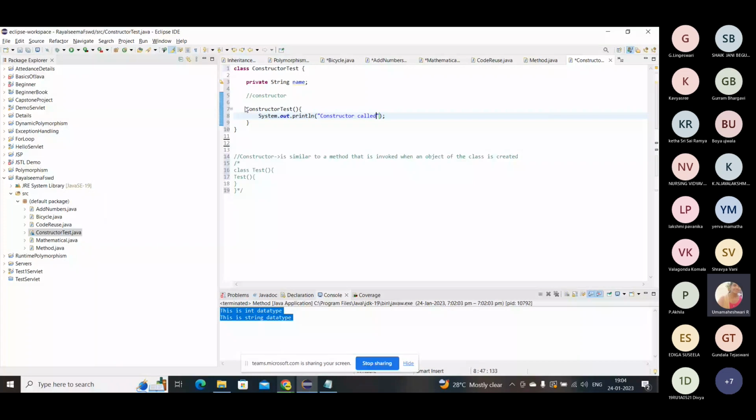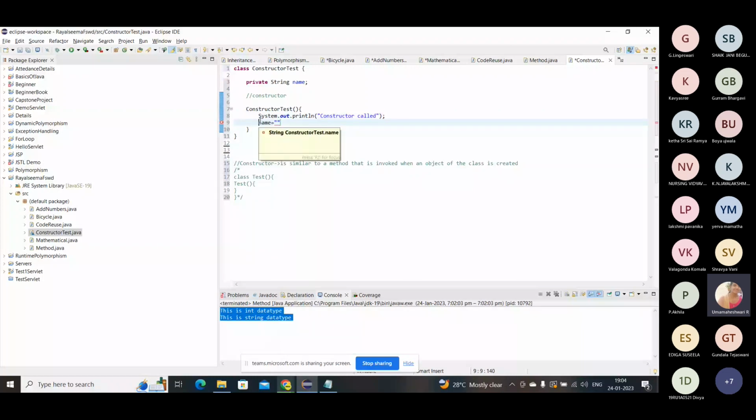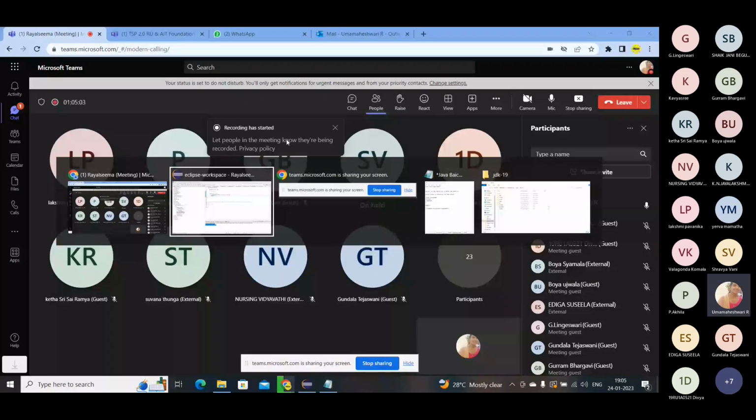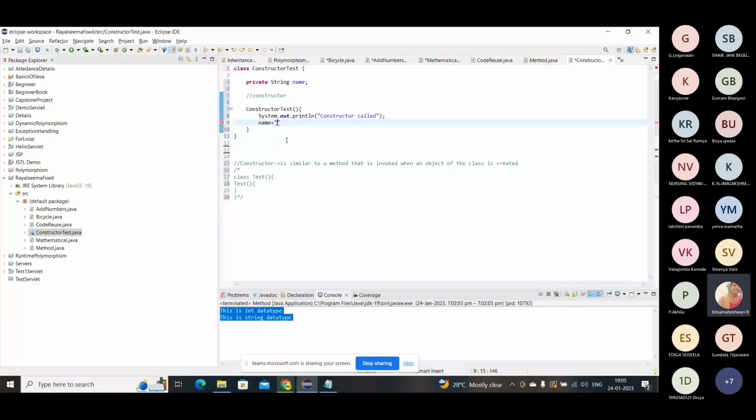For this one, I'm giving a name here. So it doesn't have any return type like integer, string, float, whatever it may be. It doesn't have any return type. Okay, I'm giving a name as Bhargavi. This is a name,